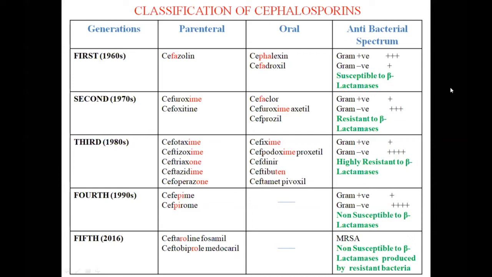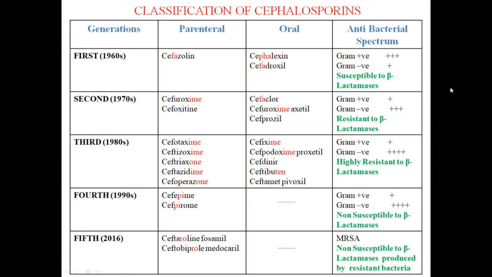Now among the students there is always a problem that we are not able to remember the cephalosporins, because it is a long list of names and many times it is difficult to remember. So there is a small trick you can remember. I have made it in red color. The 1st generation cephalosporins, you can remember, have Fa. You can see cefazolin, cephalexin and cefadroxil. You can remember these 3 drugs, and they have Fa, only with the exception of cefaclor, which is a 2nd generation cephalosporin. This way you can remember.